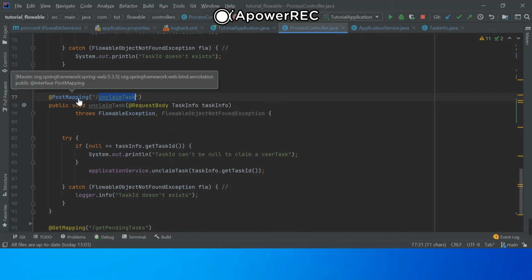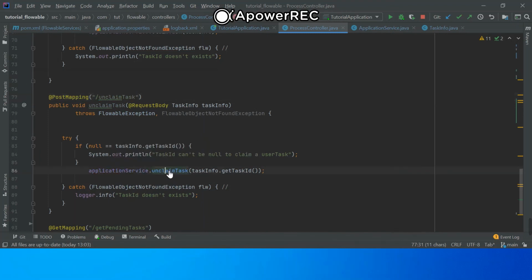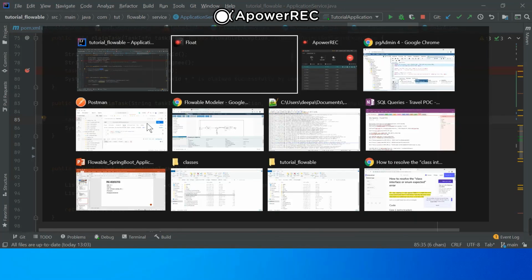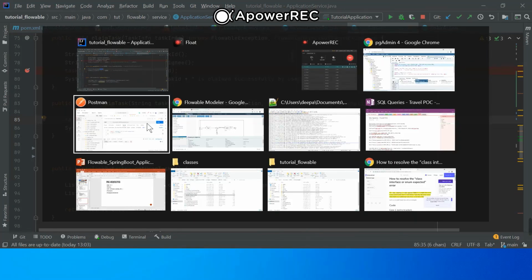It's again a post call, and here in the application service we have this method unclaim task, which in turn uses the task service unclaim method where we need to pass one task ID. If we pass it, it will release this task ID and it will be available to that particular queue. So all assignees will be removed.